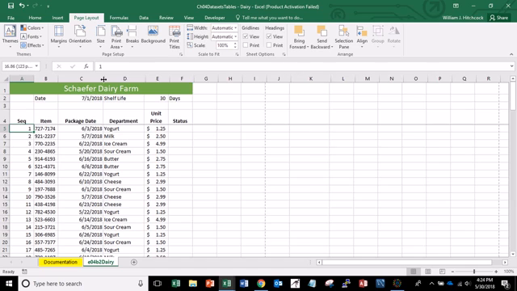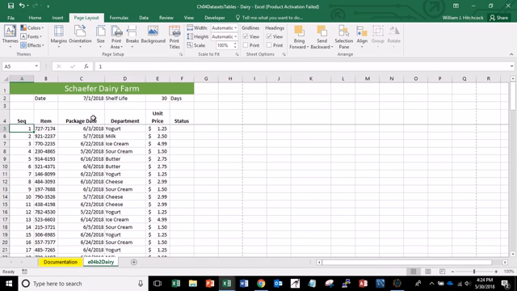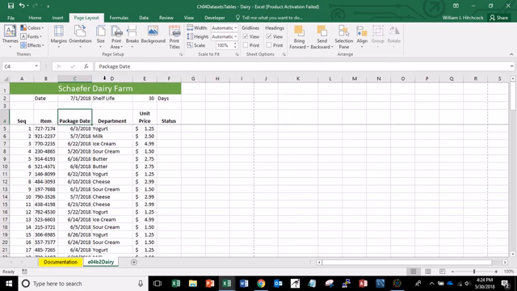Alright, we've got the package date. I can probably narrow up that column. Let's see what's going on here. For some reason, let's try that again. Double click, there we go. We can narrow up those dates. Now you might want to consider